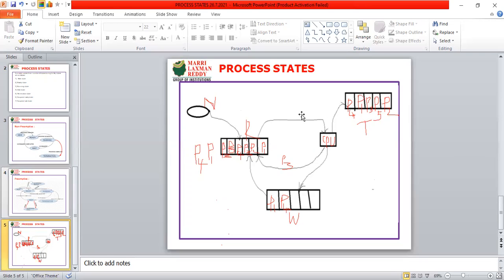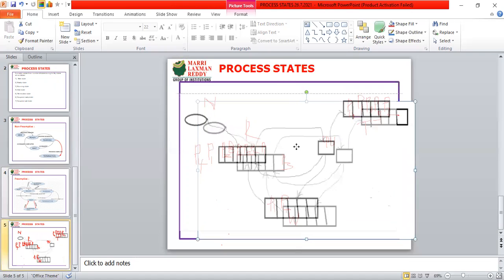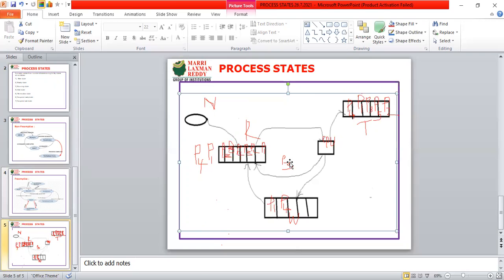The processor allocates the next process, P2. P2's resources are all available, so P2 executes. The execution is completed and it goes to the termination state. Next, the processor allocates the third process, P3. During P3's execution, an interrupt occurs because the time quantum is over, and that process is taken out of the running state and sent back.